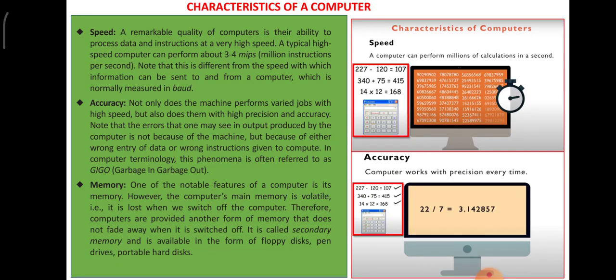Not only that, the memory is divided into two types here. One is the primary memory. Primary memory is the hard disk, where you store, which is very costly. And the secondary memory is nothing but external, where you can store it. For example, a pen drive. You put it in the pen drive slot, you take some copies of your file, and you can restore it later on. That is called the secondary memory, which is an external part of storing it. Hope you understood these. One is the speed, the second one is the accuracy, the third one is the memory.